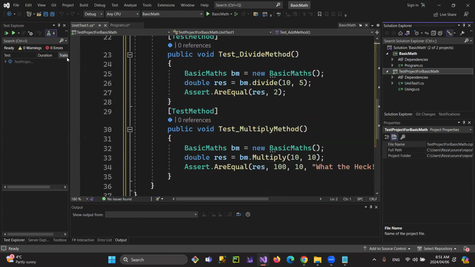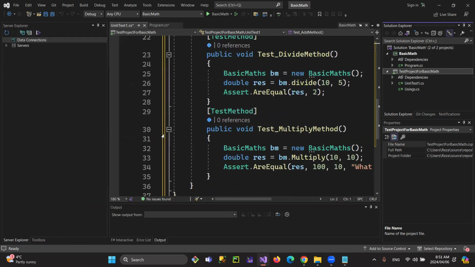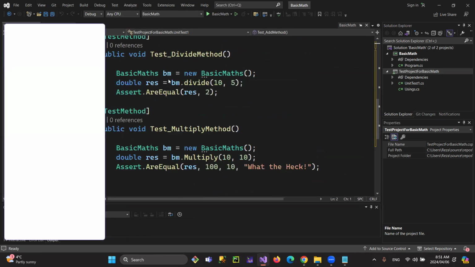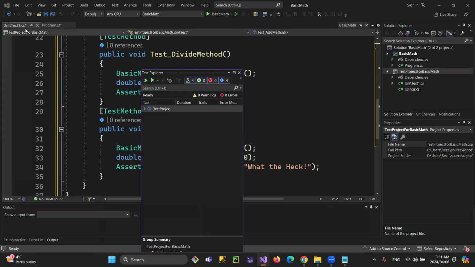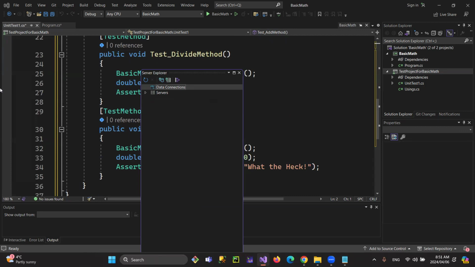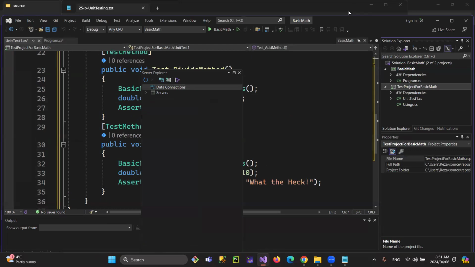There is one thing you might say, Reza, I don't have this thingy here. The thing is, you can simply go to Test, and the second last one is Test Explorer. Click on that, and if it is like mine, it is somewhere floating, right? The easy thing is you can go to View, guys, look at the steps, View, and then say Server Explorer. So you're going to have Server Explorer somewhere